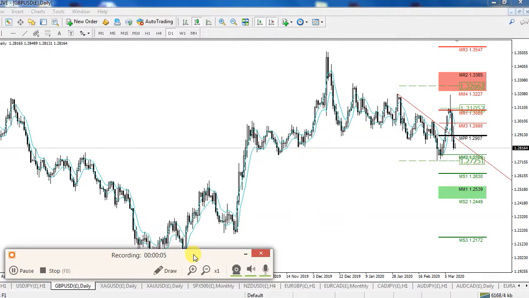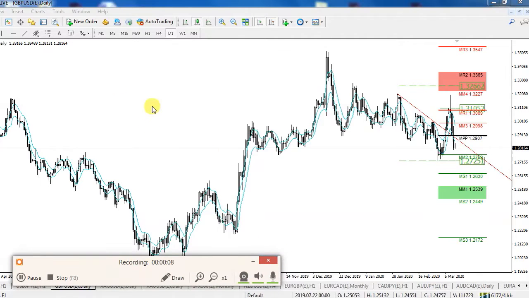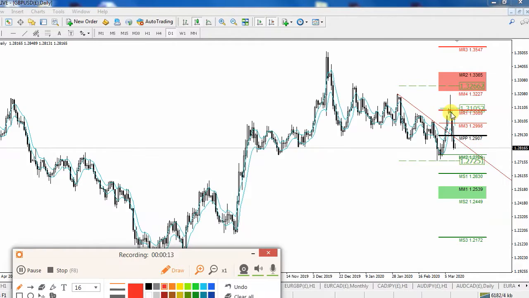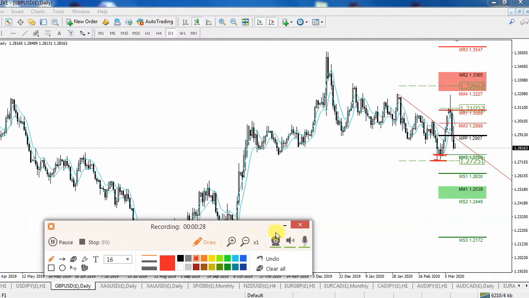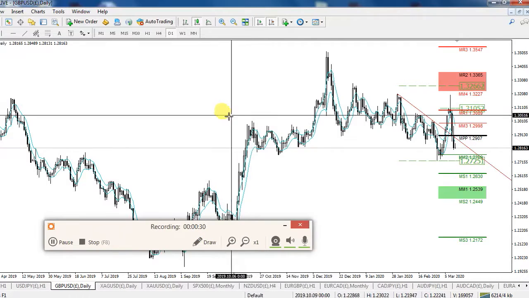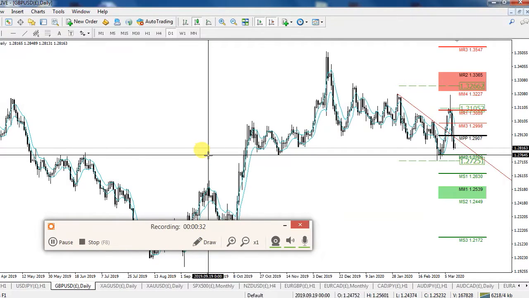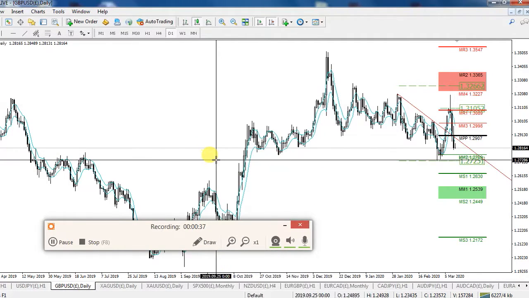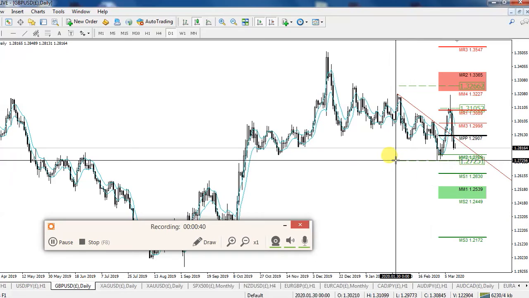And now we have cable, or British pound against US dollar, starting with the daily chart, and we can see that the pound is coming down nicely, these last two days. I can definitely see this one going at the very least down to test this low and even take out the spike low down there, which is at 127.65 as of the first,